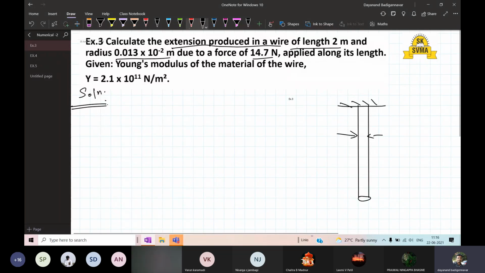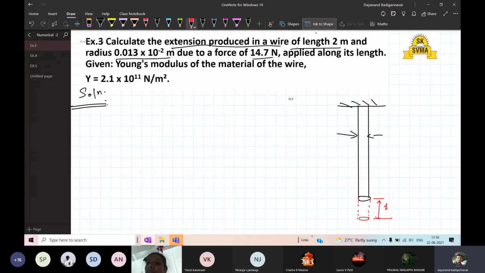There is an extension in the wire. So this much is the extension X. What is the length? So if I take the length,